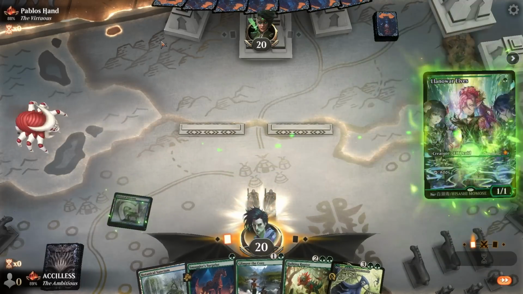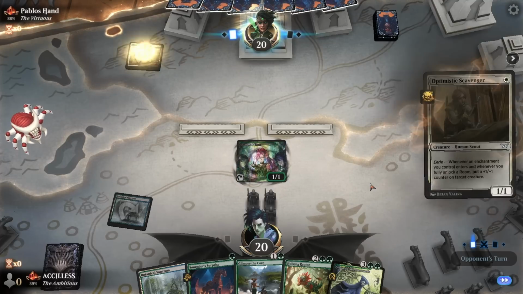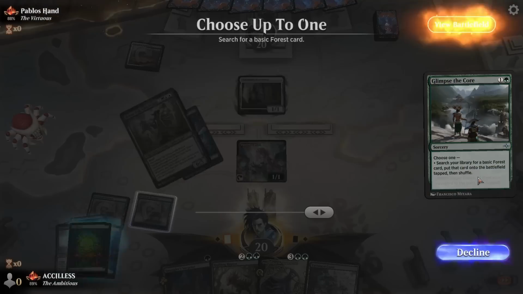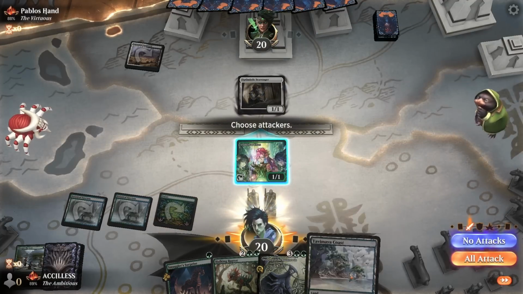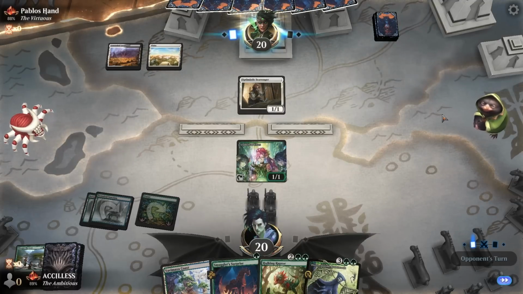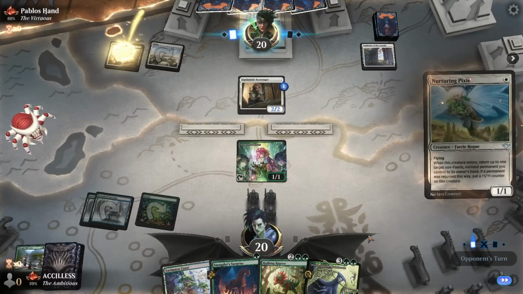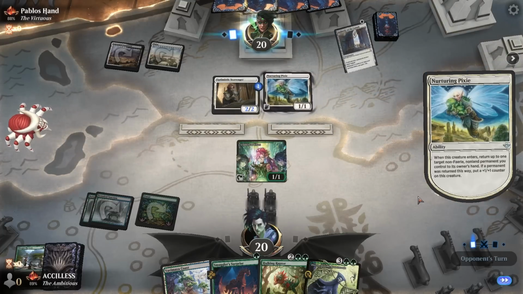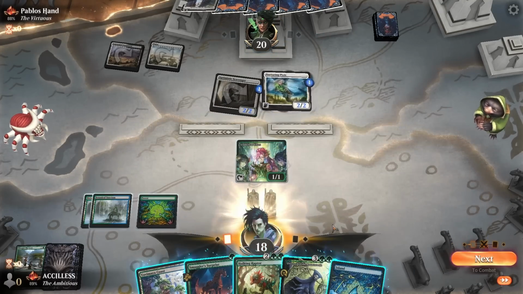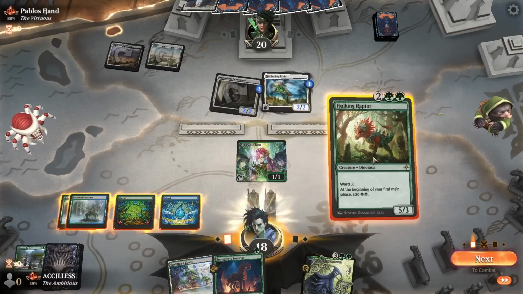Alright, we start off with the Llanowar Elves. I'm gonna go Glimpse just because I wanna try to cheat this out. You don't need to use it for the impending cost. Interesting. You're gonna bounce the authority, really? So funny. Okay. If I do this, we have...